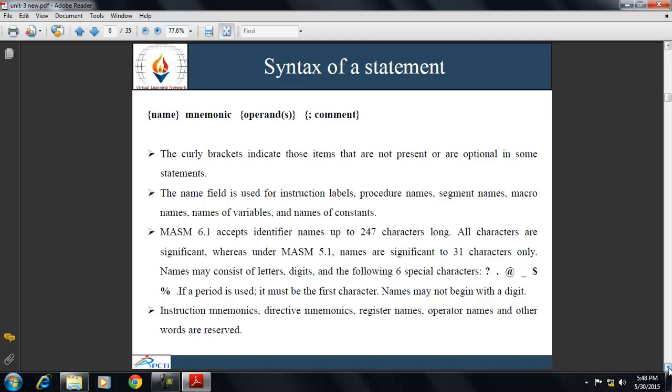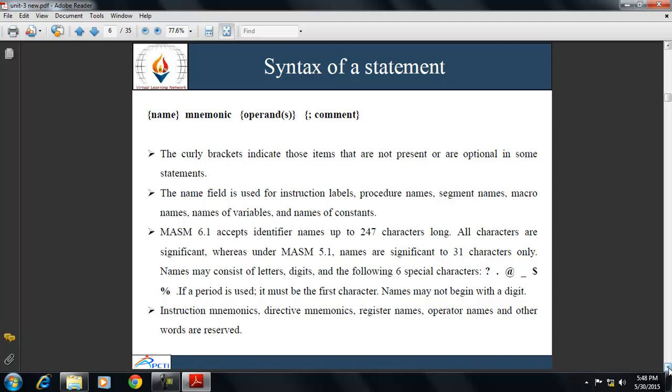Names may consist of letters, digits, and the following special characters: question mark, full stop, @, underscore, dollar, and percentage. If we use the dot symbol or full stop, it must be the first character. A name must not begin with a digit.